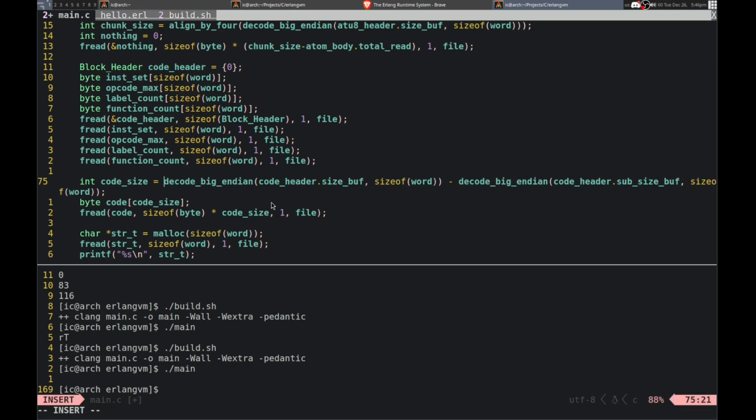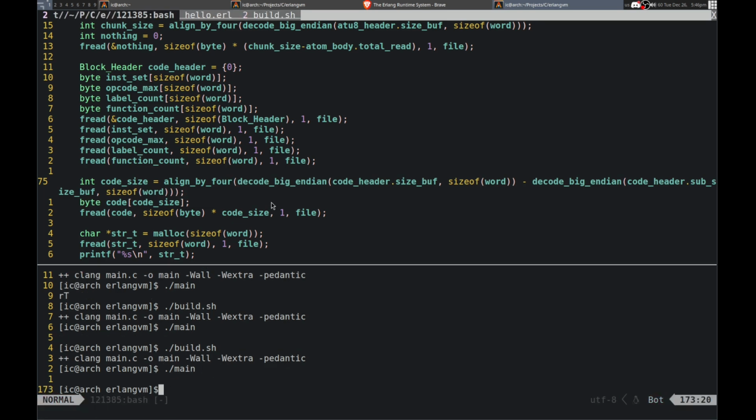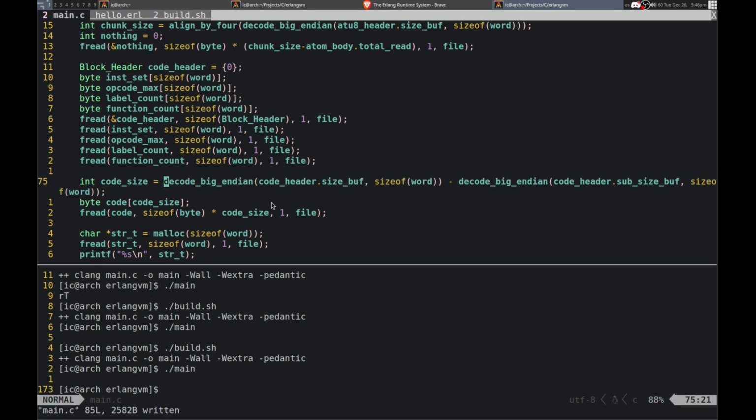Yeah, it might have to be the whole thing. So, let me try it. No. Alright, so something is not right. Maybe we have to do them both individually. We definitely need to do it to something, so.